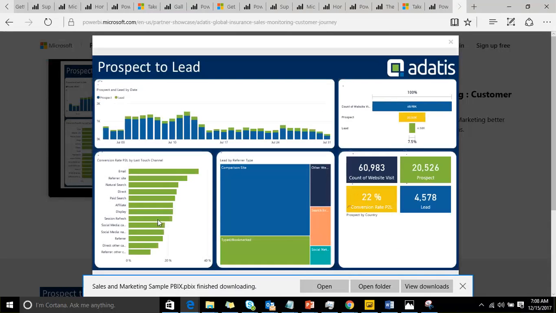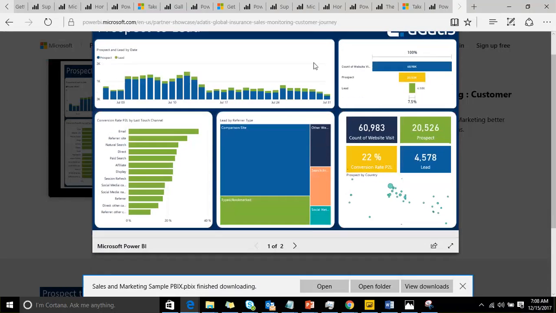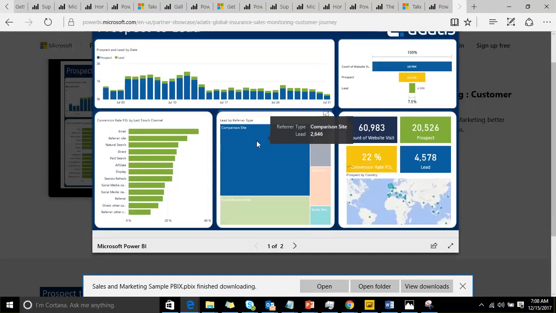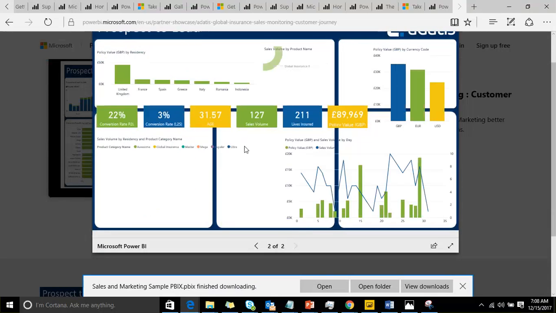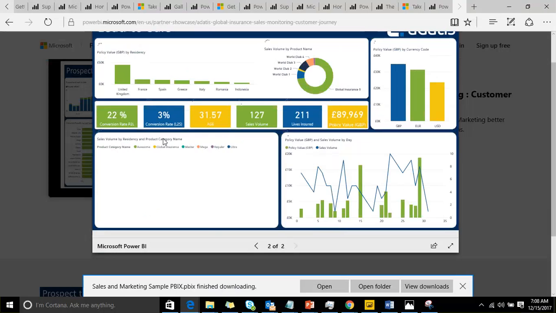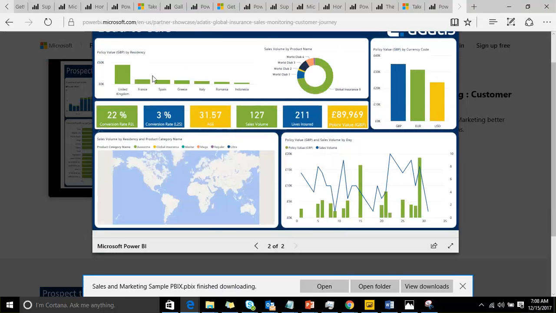See, there are prepared reports like this, and you can interact with their report also. This is what we call embedding.